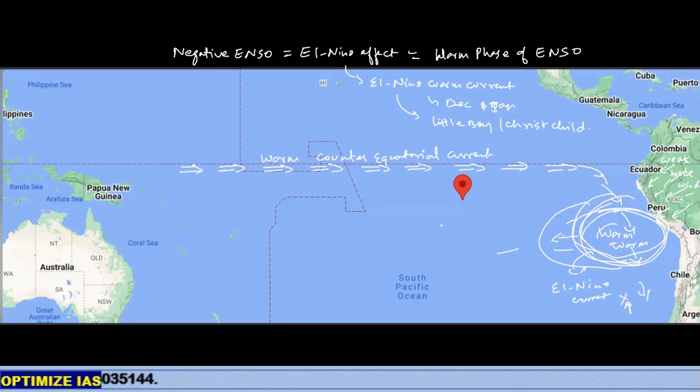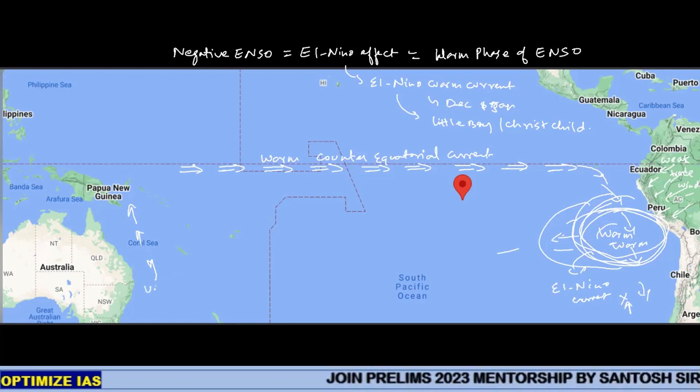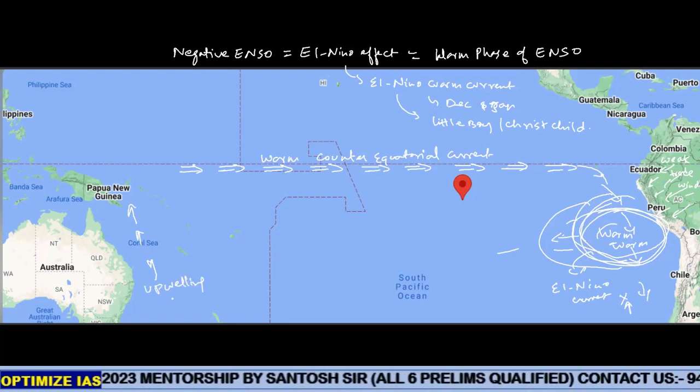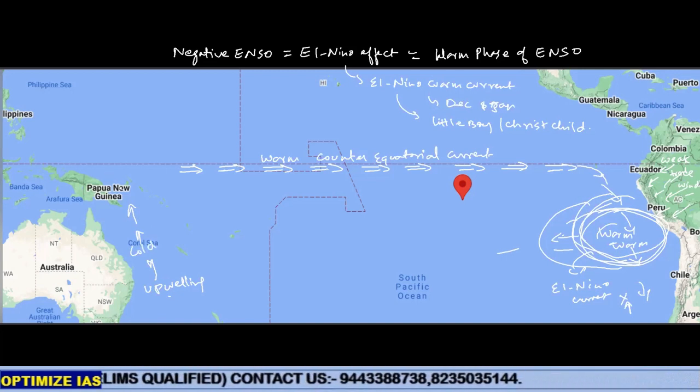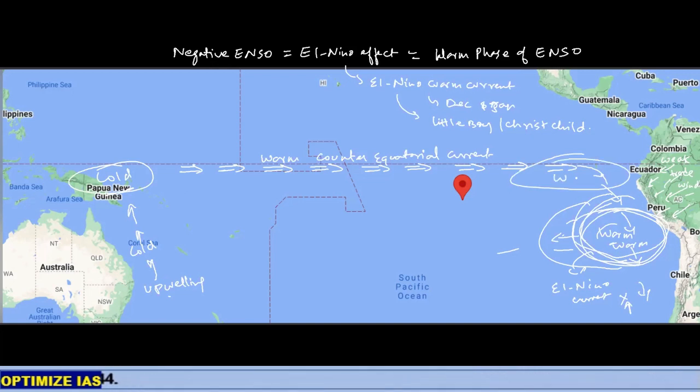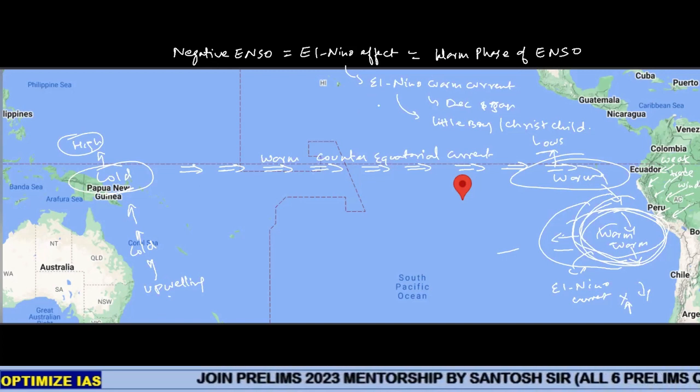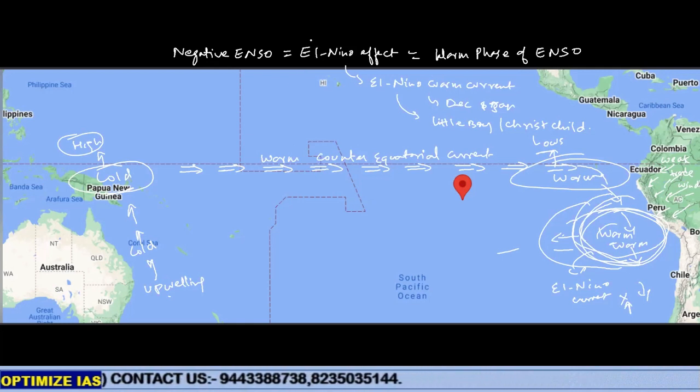And because of this, what happened? The situation gets reversed. Upwelling will become downwelling, and downwelling will become what? Upwelling. So the East Australia side is experiencing the upwelling process. As a result, cold water starts rising and getting piled up here, and this side location will have warm water. So now cold waters will maintain high pressure here and low pressure on this side. So what happened to the PGF, the pressure gradient force, or the Walker wind directions, or the Walker cycle?